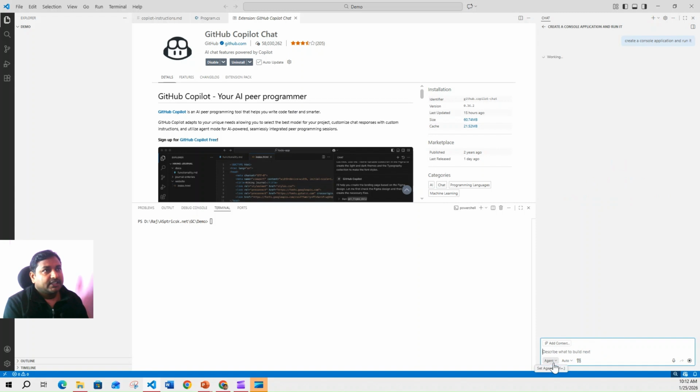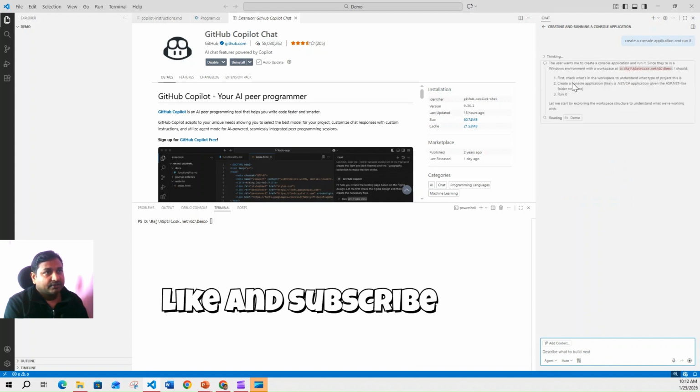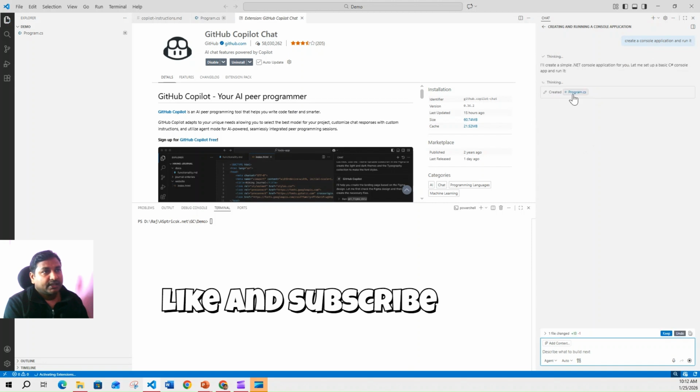So with the agent mode, it will have the interactions with your folder structure, the files. If required, it will also write the file. If required, it will also interact with your terminal. So all of these things you can do by using the GitHub Copilot. Let's see how it will work. So it is analyzing what is required for the console application, and then accordingly you can see a lot of instructions it has already generated for itself, and then accordingly it will take the decision. So now it is saying the program.cs is created. If I click